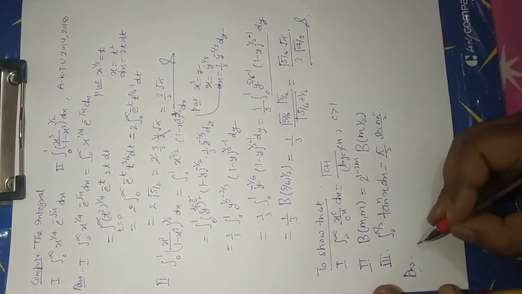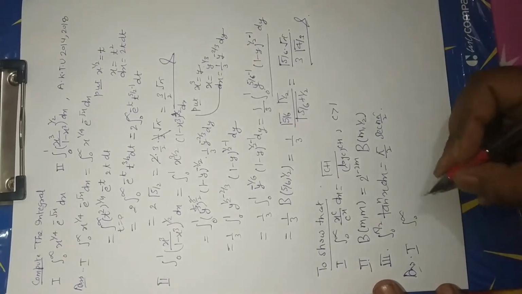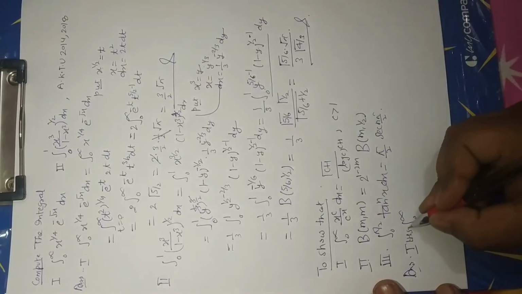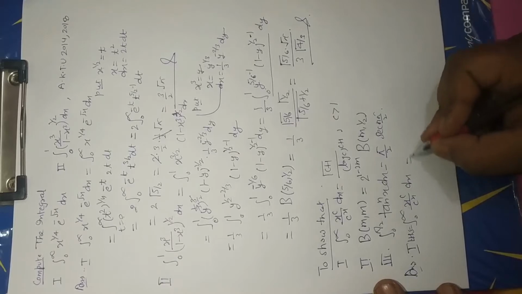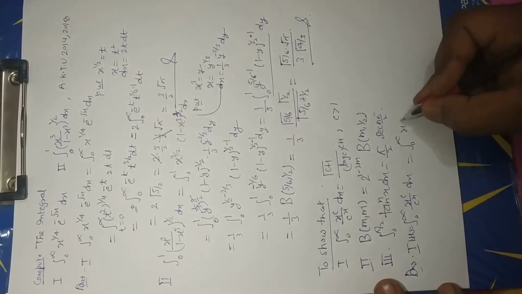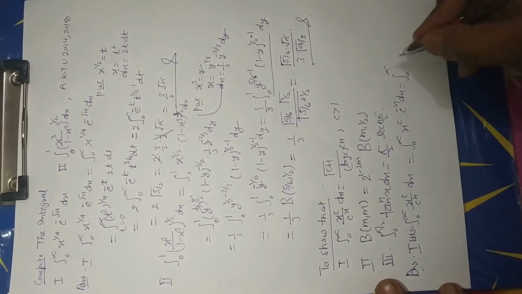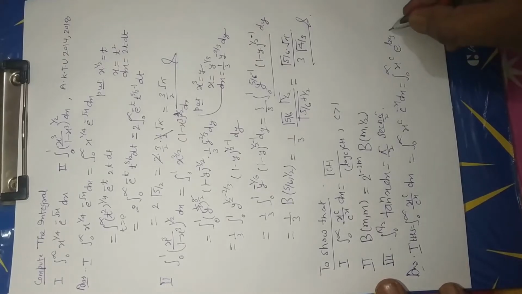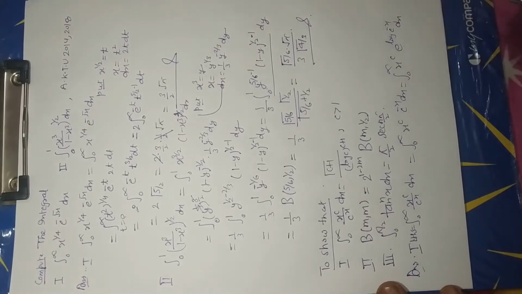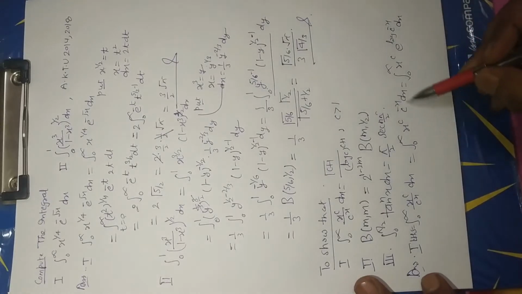Answer. First part: integral limit 0 to infinity, that is left hand side, 0 to infinity x to the power c to the power minus x dx equal to 0 to infinity x to the power c, c to the power minus x dx, equals 0 to infinity x to the power c e to the power log c to the power minus x dx. The value of e to the power log c to the power minus x is equal to c to the power minus x.